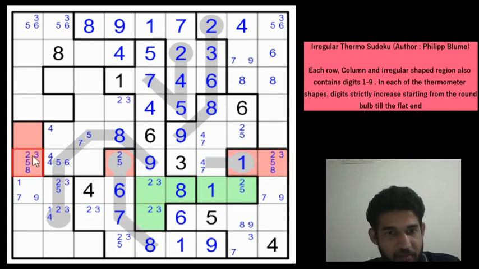Similarly, this can only be 2, 3, 5, 8. I am not writing 1 because 1 is already balanced out. So the remaining digits left are 2, 3, 5 and 8. So this is a 2, 3, 5, 8. This is a 2, 3, 5 and 8. But you have an 8 here, so 8 is not possible. And you have a 3 here, 3 is eliminated and 3 is eliminated.